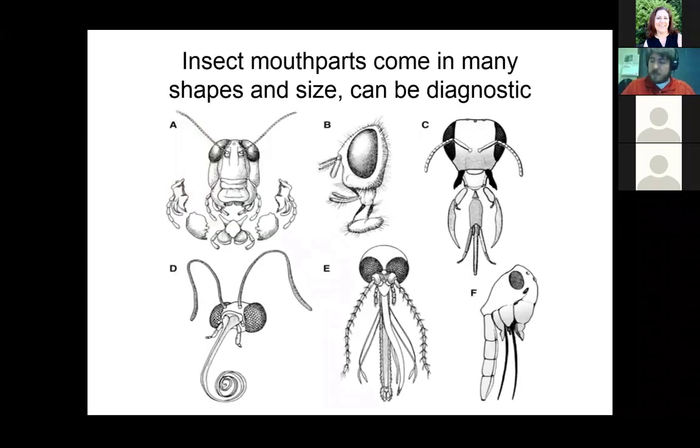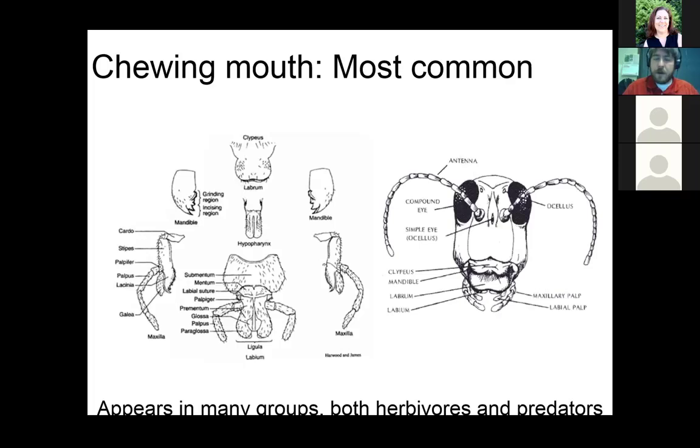With that, I want to tell you a little bit about some of the mouth parts that you can see on insects. They come in lots of shapes and sizes, and they perform different roles for the insects. So we're going to go through A, B, C, D, and E here this evening. A is called a chewing mouth part. It's the most common on the insects. It appears in herbivores and in predators, and it's just two simple mashing teeth called mandibles that crunch food up,